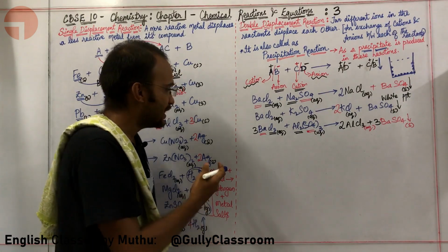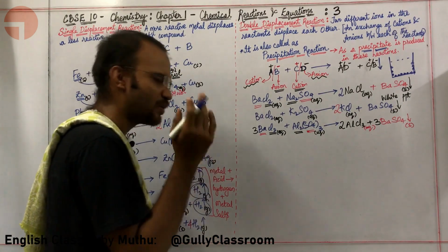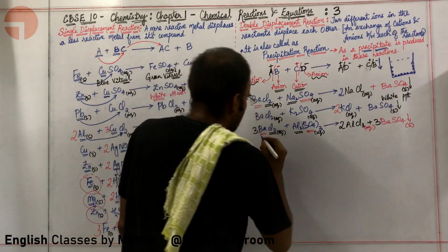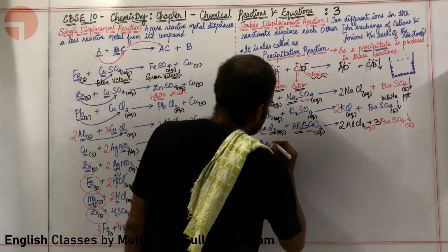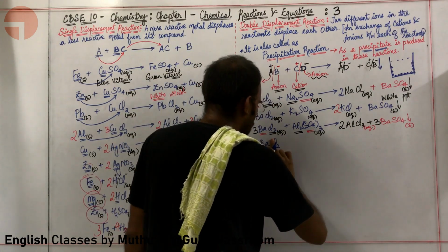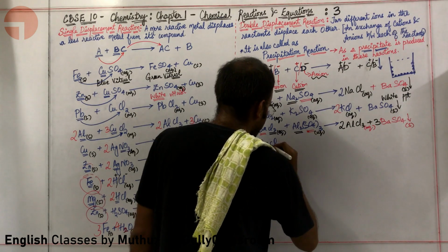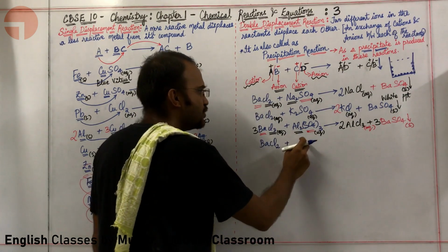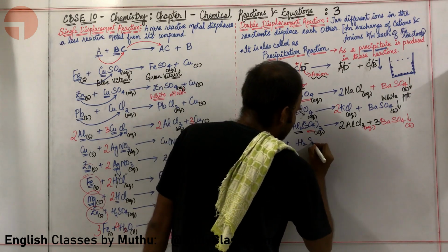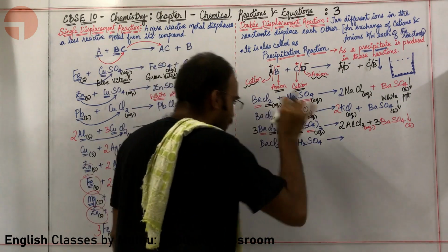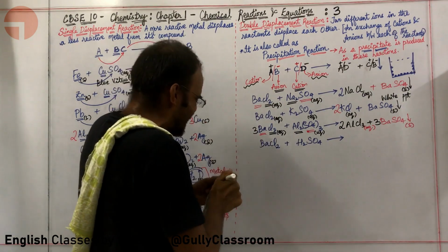Okay. What reaction shall I write next? So once more a reaction on BaSO4. Really? Okay. But I want to change this particular side. Once more a reaction based on BaCl2, barium chloride as one of the reactants. Instead of a salt, here I want to put an acid. Now what will happen? Interesting things will happen.